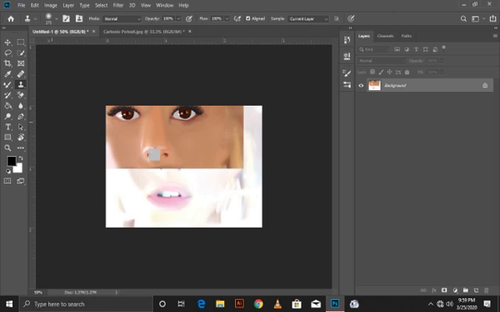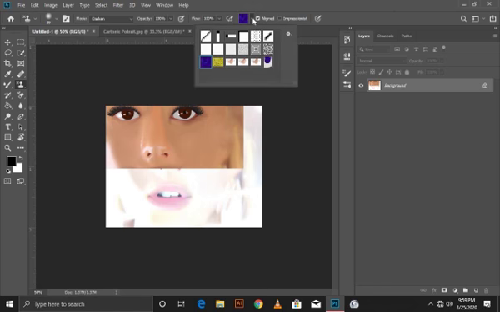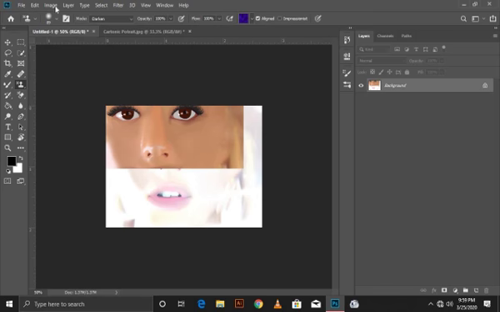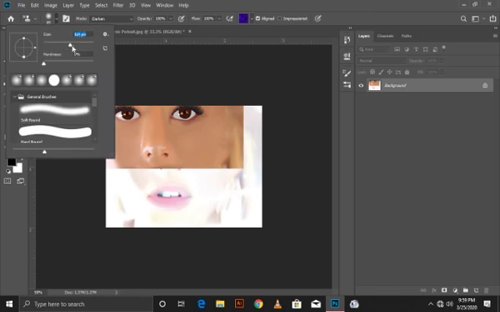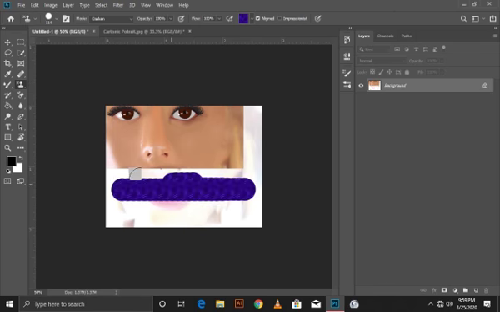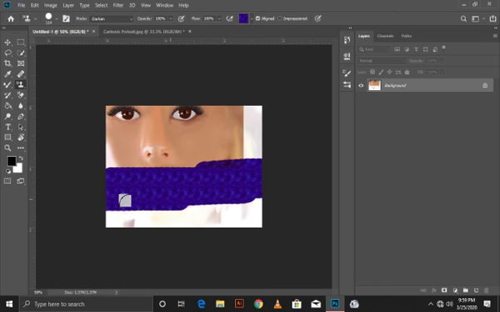Next we have a pattern stamp tool. Pattern stamp tool is below the clone stamp tool. Click on this tool and choose the pattern from the pattern palette. Here are the different palettes. For example, I want this blue one, and I will change the size of the brush. I will change the hardness of the brush, and after it nothing else. Okay, now if I make the pattern